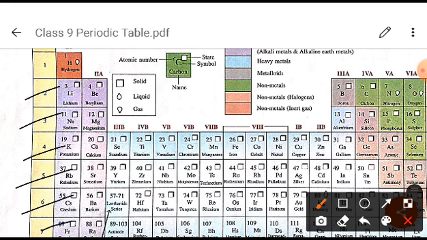Their similarity is that they are all good reducing agents. Next, they form unipositive ions. Suppose this is lithium, let me write it clearly. Lithium will give one electron and it will convert into